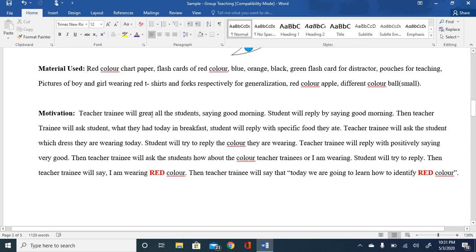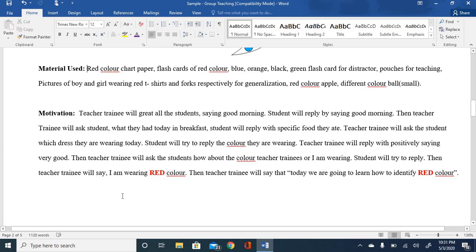See here, teacher trainee will greet all the students saying good morning. Student will reply by saying good morning. The teacher trainee will ask the student what they had today in breakfast. Student will reply with the specific food they ate. Teacher trainee will ask the student which dress they are wearing today. Student will try to reply with the color they are wearing. And teacher trainee will reply positively, saying very good. That's right. That's the right color you are wearing. And teacher trainee will ask the student, how about the color teacher trainee or I am wearing? And student will reply,